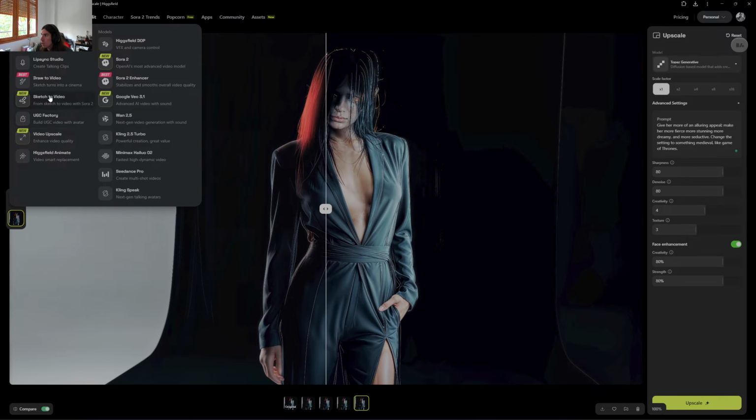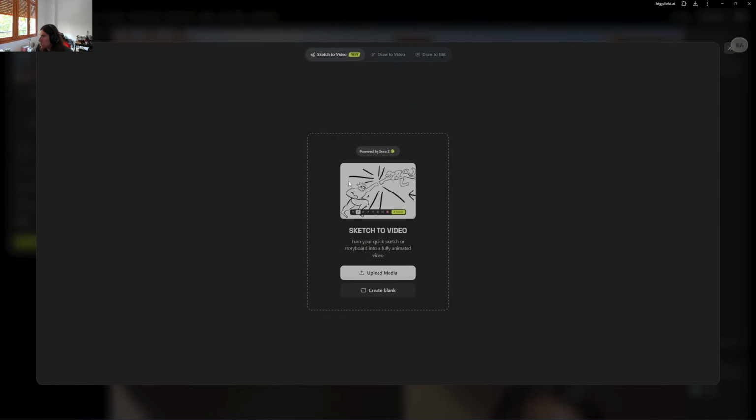So here, another new feature is the sketch to video. So let's say you have an actual sketch. I don't actually have a sketch, but if I did, I could obviously upload it here, and then it would turn into something. Or I guess you can create a blank one. So for example, I would sketch something. I'm not too sure. I don't really sketch this type of stuff, but